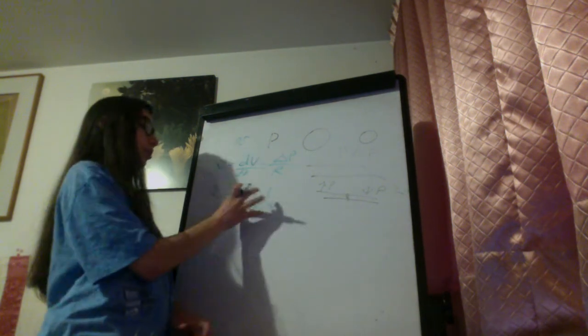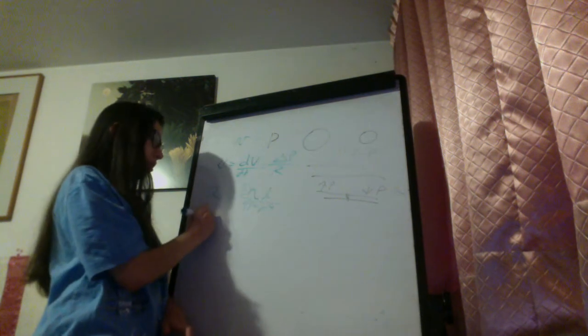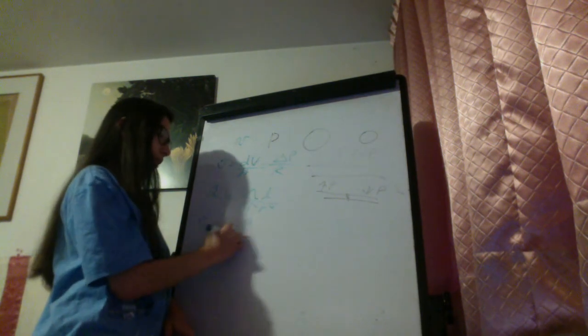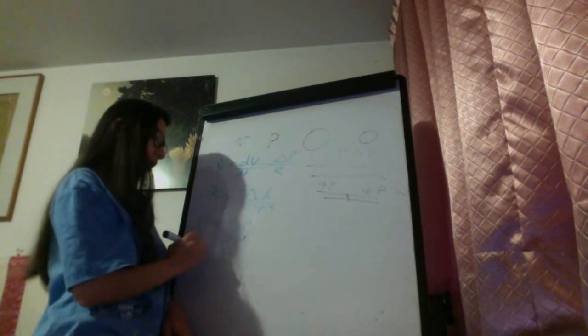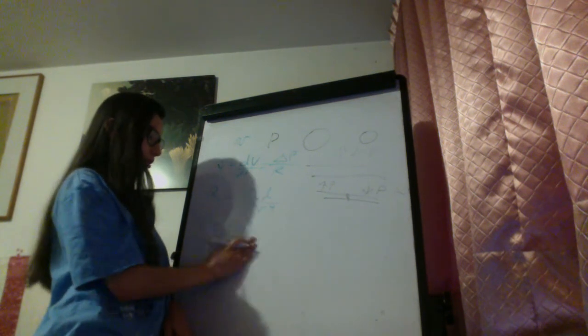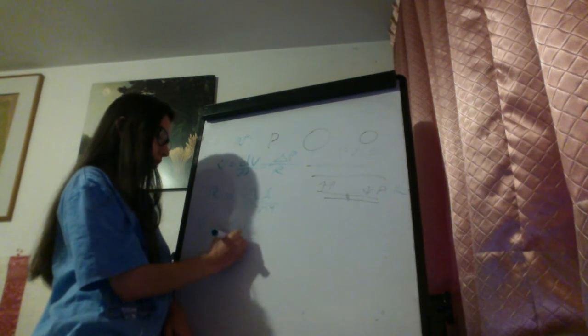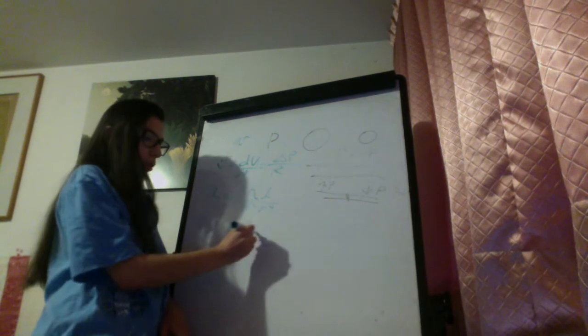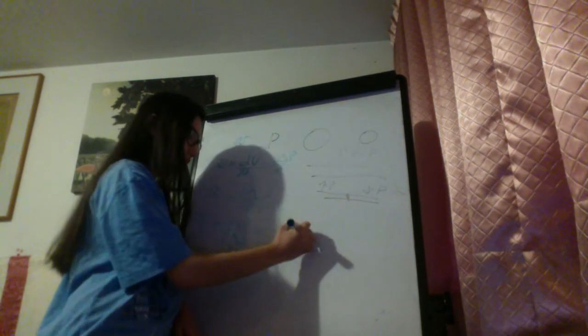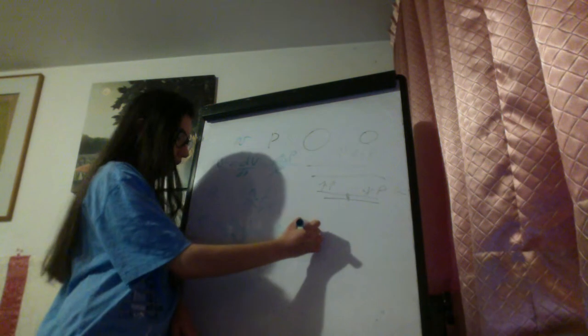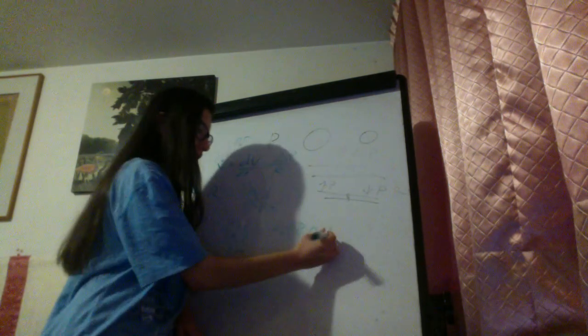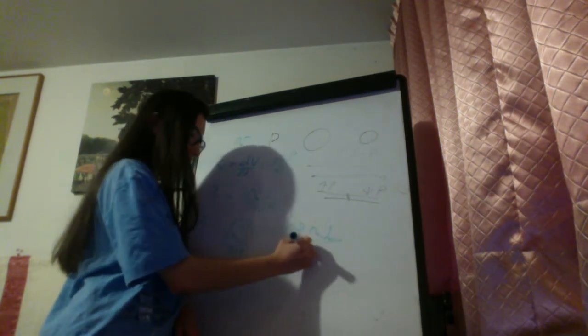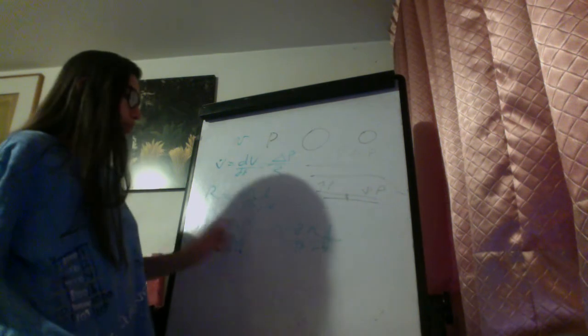Now, if we substitute this here, we have that flux is equal to change in pressure divided by 8 times the viscosity times the length divided by pi r to the fourth power. We send this to the other side, and we have change in pressure times pi r to the fourth power divided by 8 times the viscosity times the length. So now we have that flux is